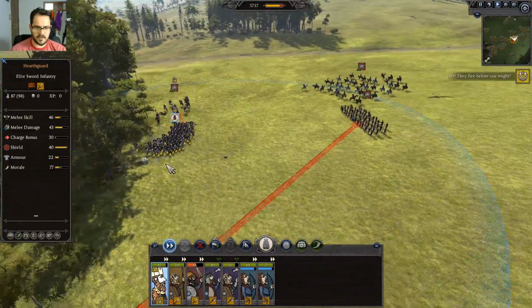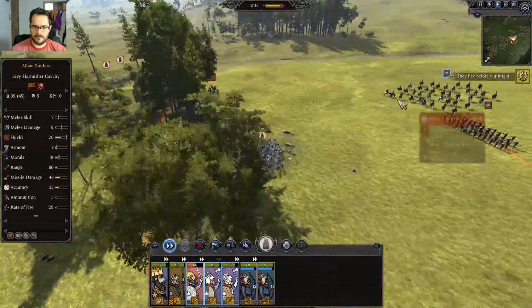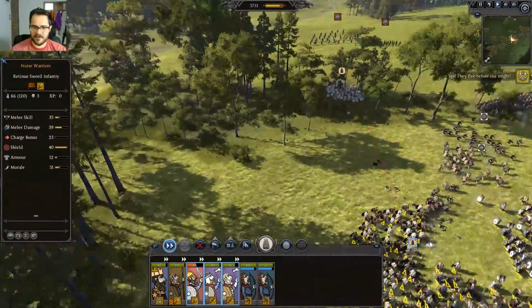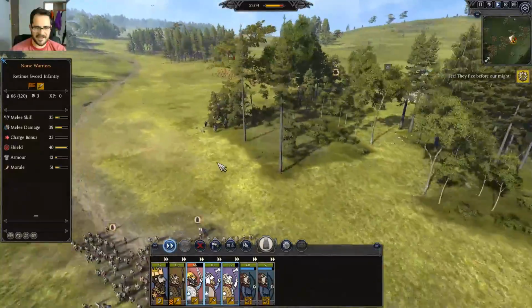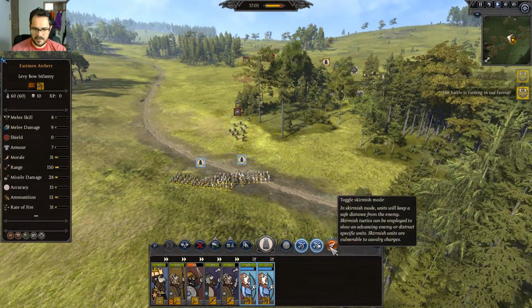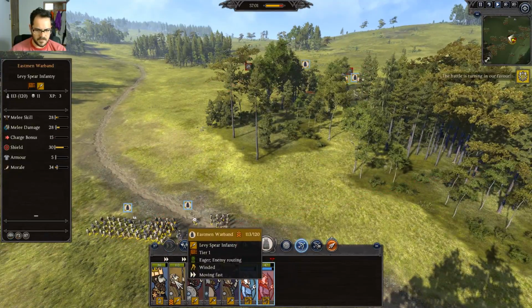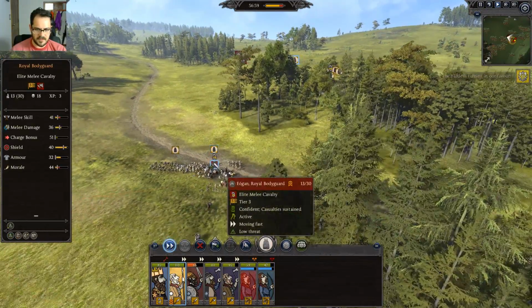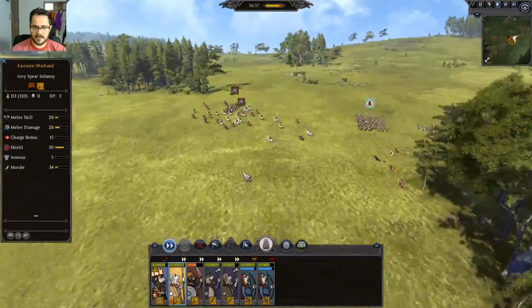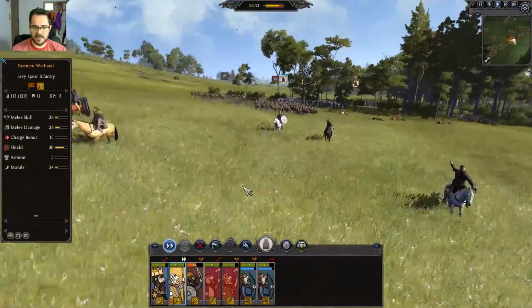Alright, don't let up here. They're going for my cav. Or they're going for my archers. I knew they would eventually. The battle is turning in our favor. Luckily. Spearmen. Get over here. God, I just rammed right into them. I apologize for not making this a really comprehensive fight here, but